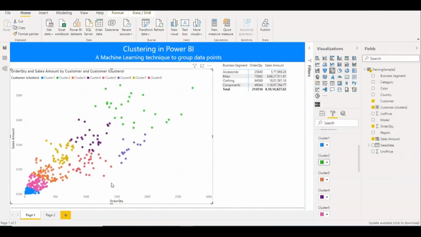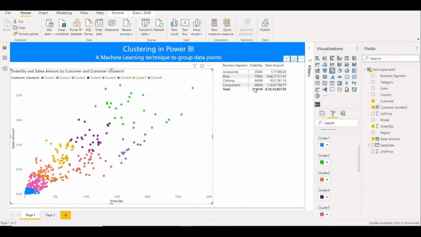Okay, so you can see the more dense bubbles are at this point and here and here, and when it is going up, fewer customers are buying a large quantity. So this graph represents the customers and the quantities they are buying.